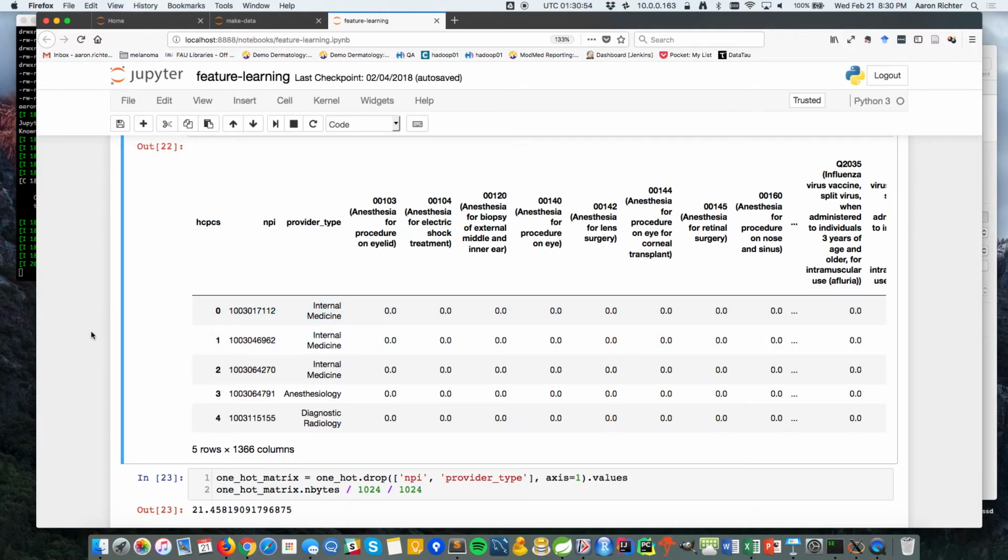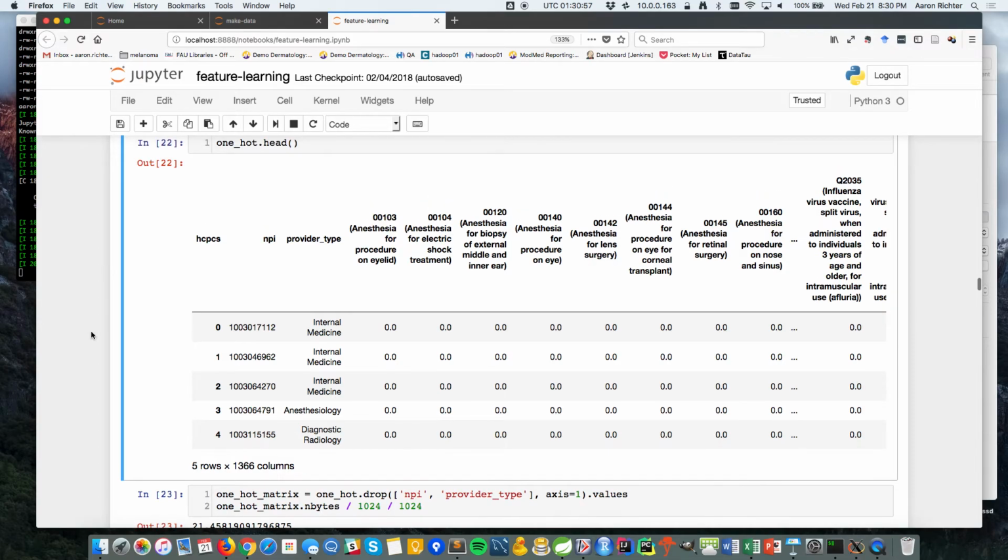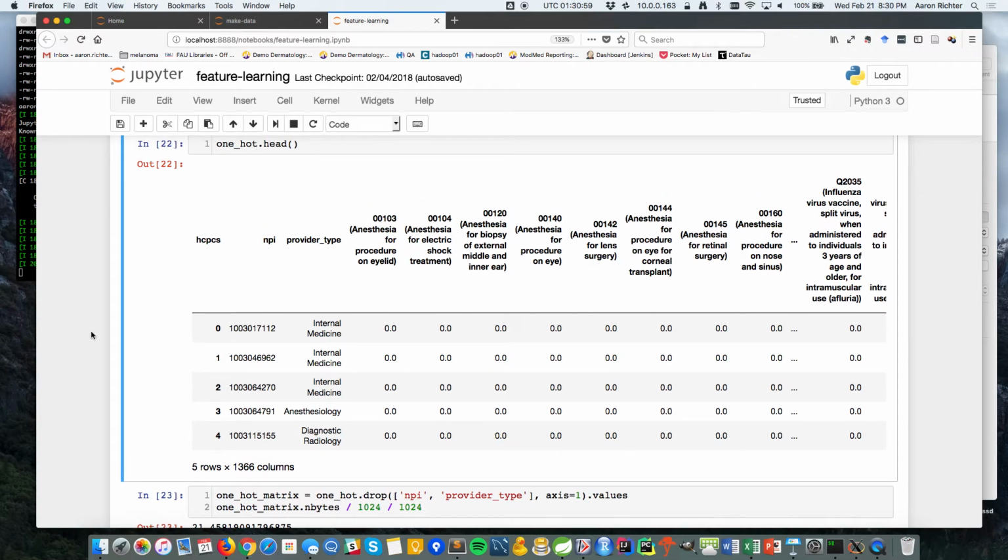Are you catching any outliers for bad billing? That's one application of this, absolutely, and that's part of why Medicare publishes this data. Somebody accidentally bills the wrong code and it gets paid, and it doesn't get fixed until maybe after that data gets released. Yeah, absolutely. That's not something that I'm directly doing, but it's definitely one application of this data set. Fraud detection is a big one. It's a big problem, right? And part of why Medicare is publishing this data is so people can do this stuff and figure it out. And it's an interesting one, right? If some internal medicine guy is doing all these eye surgeries, well, maybe something's wrong here.